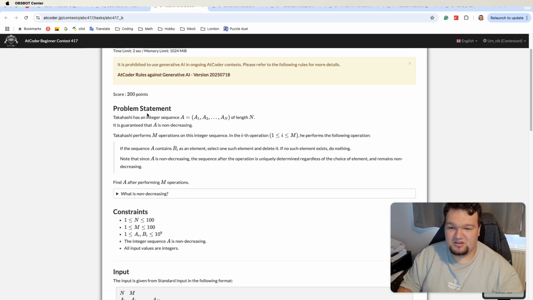Okay, problem B. Takahashi has an integer sequence A of length n. It's guaranteed that A is non-decreasing. Takahashi performs m operations on this integer sequence. In each operation, he performs the following operation. In the sequence, if the sequence A contains b_i as an element, select one such element and delete it. If no such element exists,